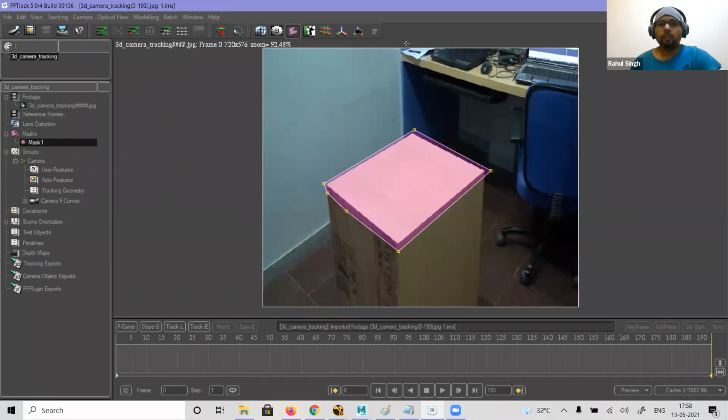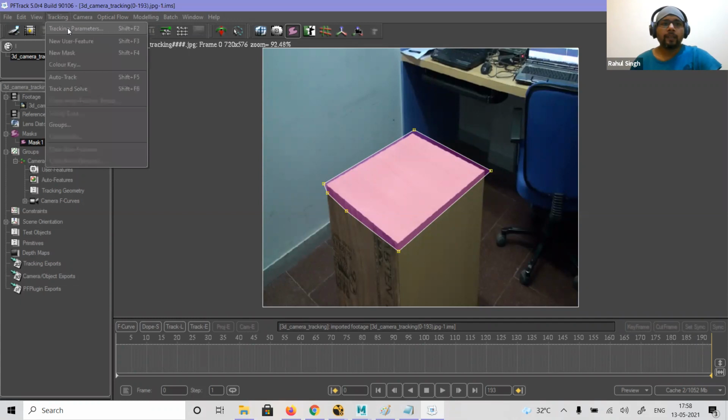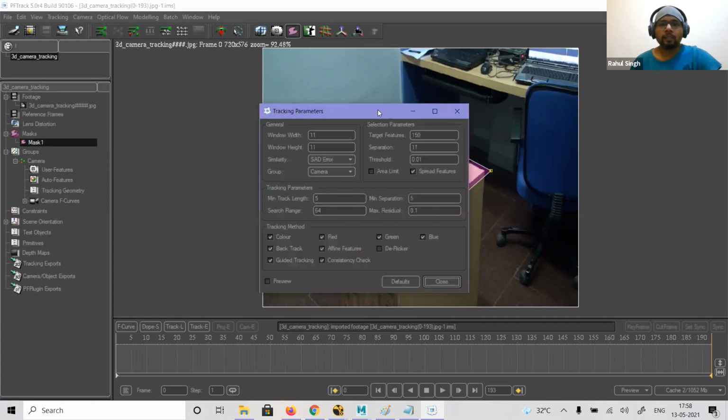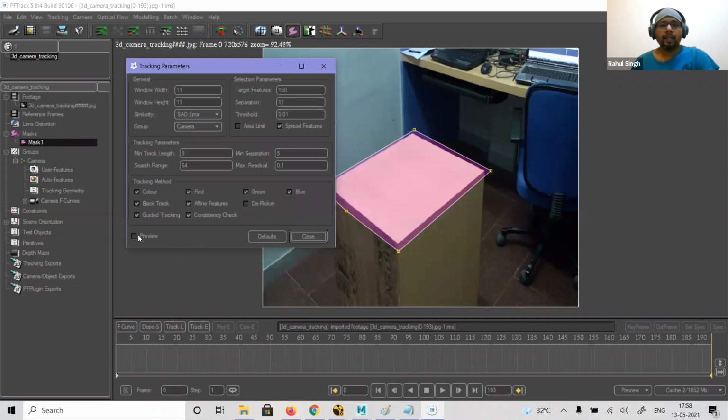Then you have to right click so that it will end the shape. I have made it, right? Now I can use this shape to either exclude or include it. Now when I do auto tracking, go to the tracking parameters. Here I can say a preview. You will find that none of the points will be on this shape.